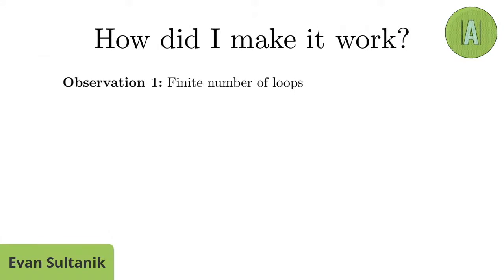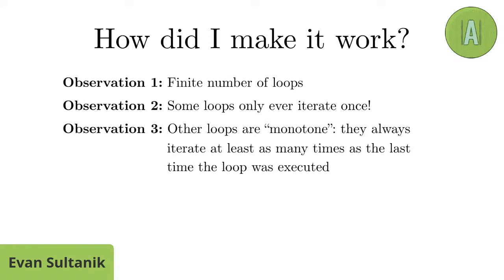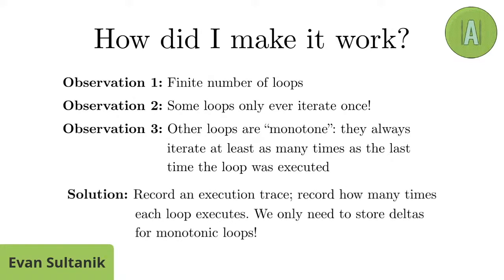Well, the first observation is that there are a finite number of loops in the quine. Second observation is that some loops only ever iterate once, or a finite number of times. And the last observation is that some loops are what I call monotone. They always iterate at least as many times as the last time that loop was entered. So what that allows us to do is,